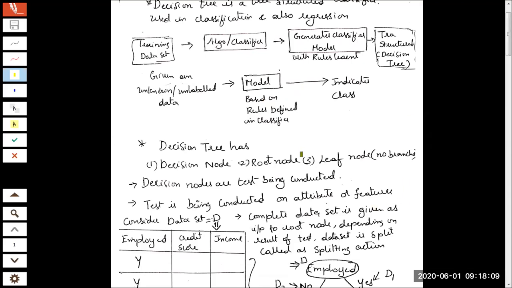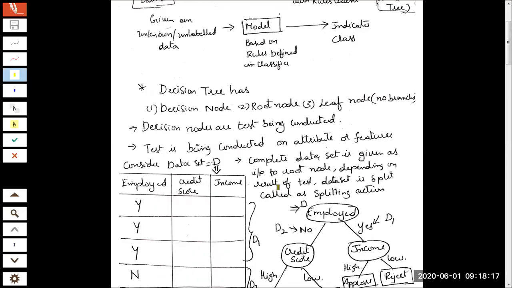Okay, so we'll start with the session. We understood what a decision tree is. We need to build a classifier which will classify our data object or record into class A, class B, class C. The classes will be defined by us. The classifier will not decide what should be class A or class B. It's predefined data that is given to the classifier. I'll tell the classifier that I want this as class A, I want this as class B.